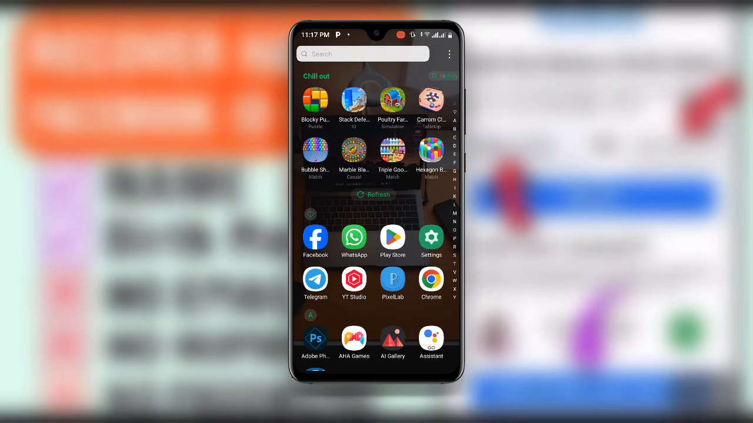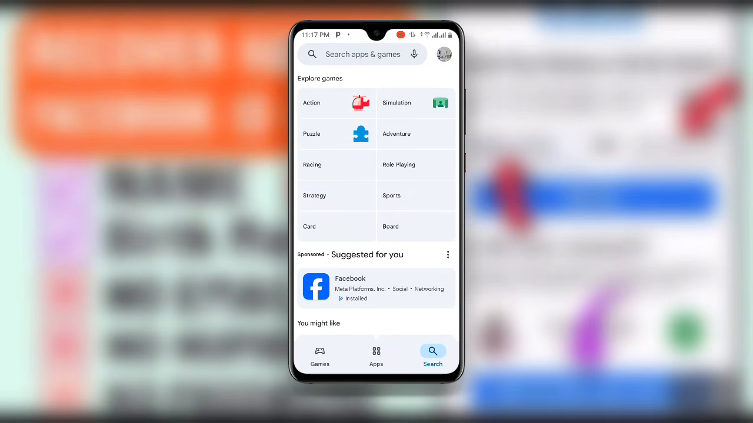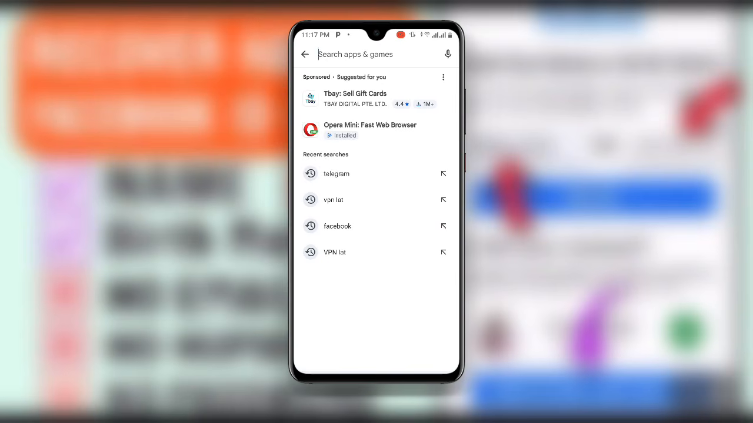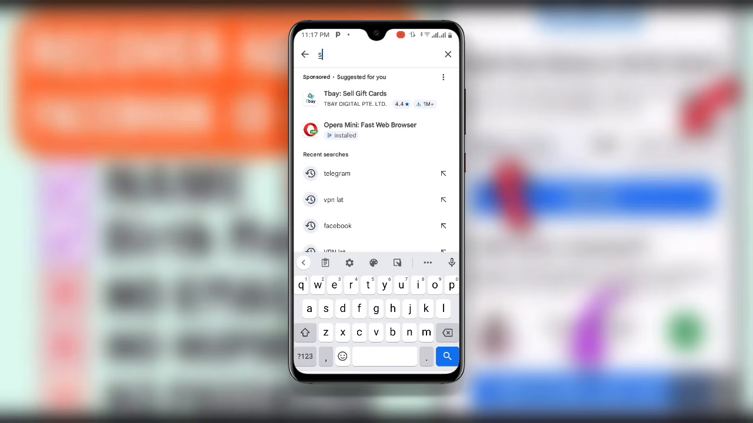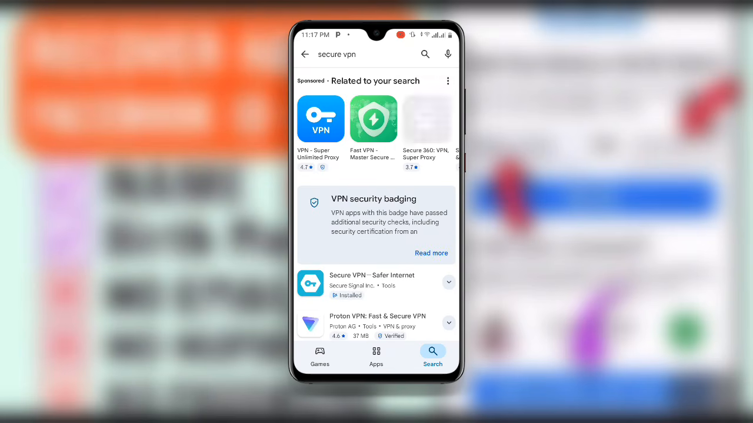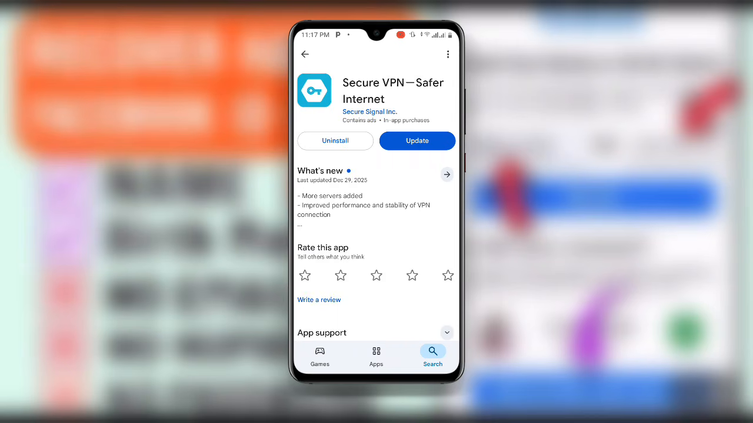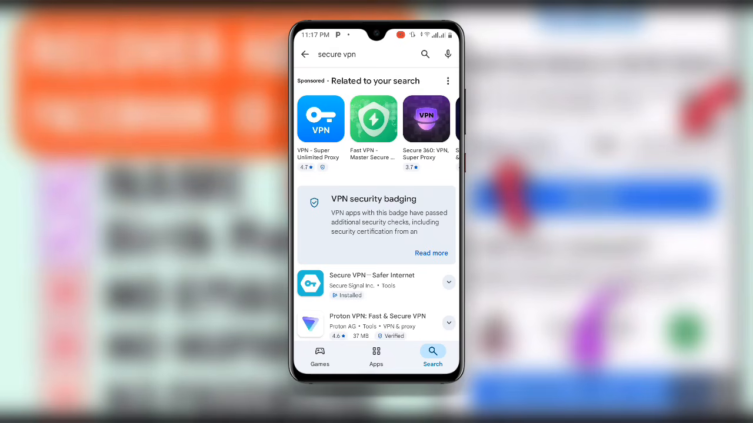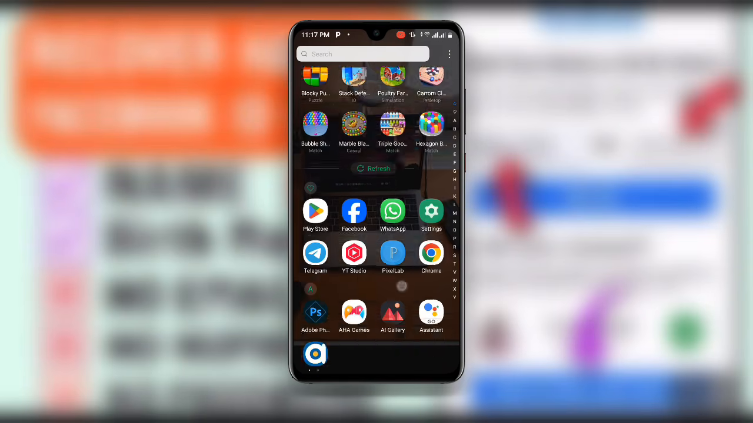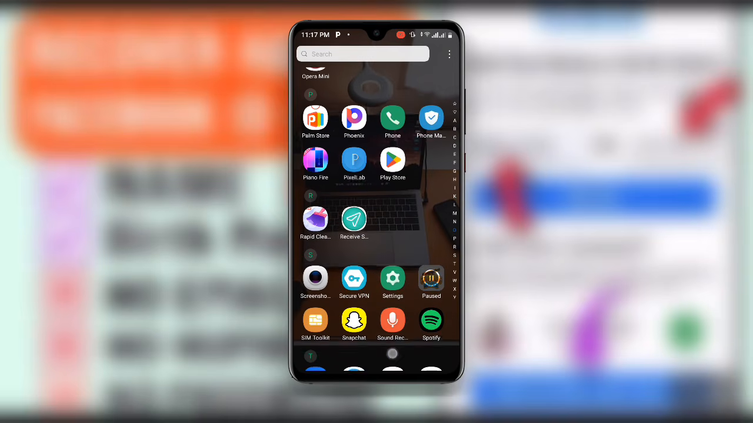Now, without wasting much time, let's get started. In the first place, all you need to do is to open your Play Store. Once you open your Play Store, search for secure VPN. If your secure VPN is not updated, you need to make sure you update your application to the latest version over here. Now, once you have updated your secure VPN, make sure you open your secure VPN and connect to